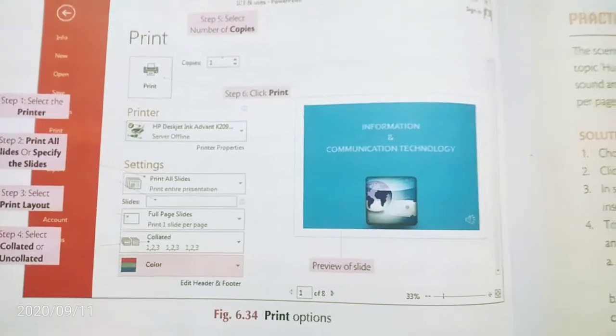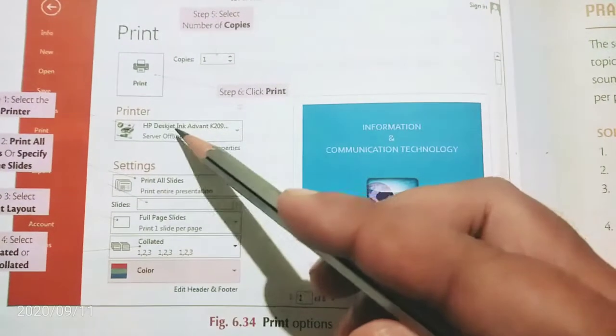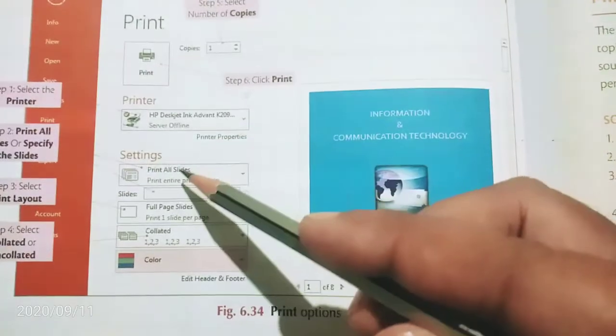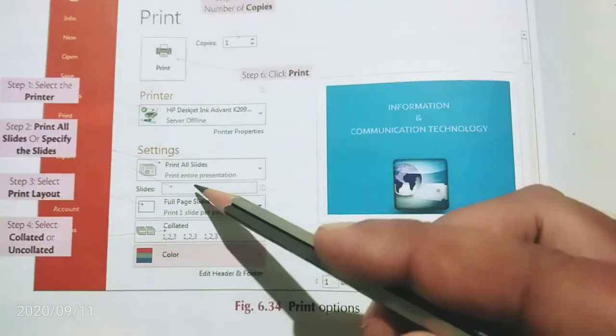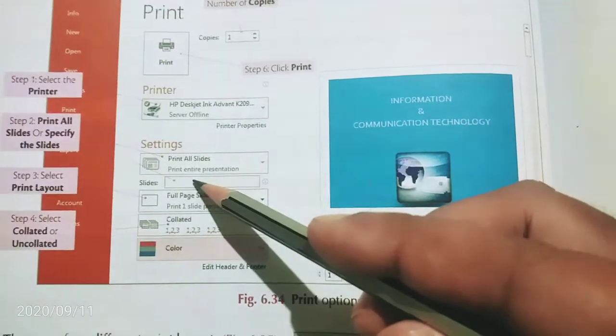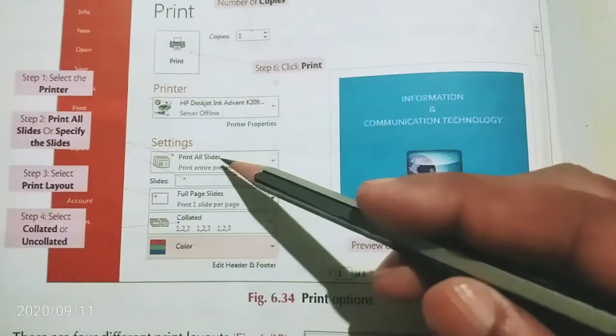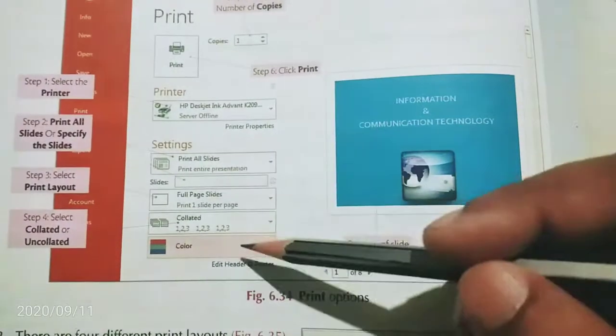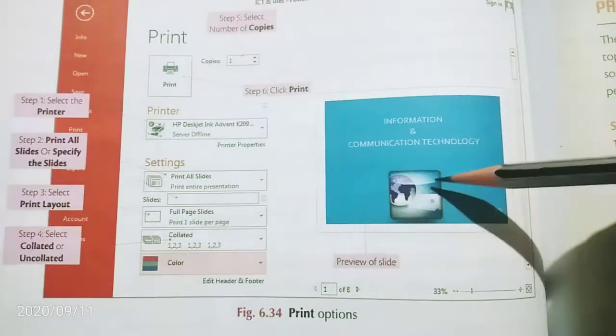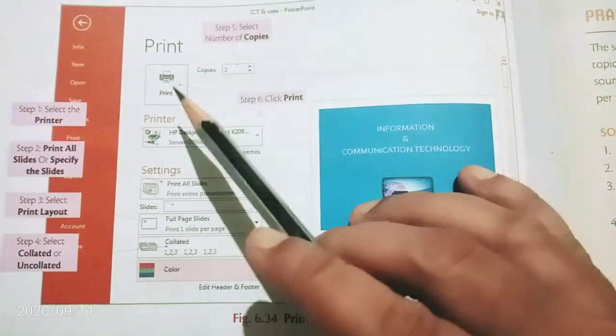This is the printer connected to your computer, and you can give the number of slides you want, number 1, number 2 like this, or if you want all, click on all slides. The preview of the slide will be here, and when you are satisfied with every setting, click on the print button and it will print. Understood? These are the methods of printing.